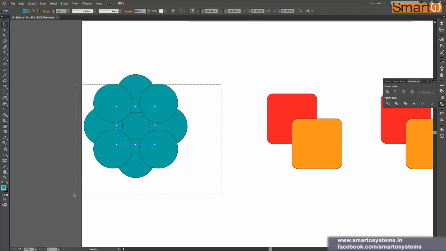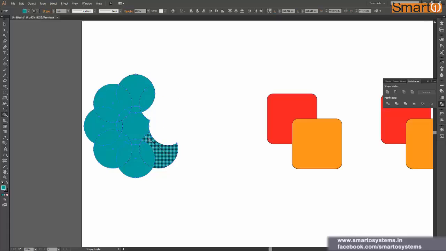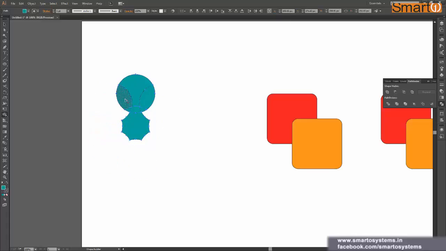But if you try to use the Shape Builder tool here, you have to select each of these circles while keeping Alt pressed, and that is very lengthy work. Although this operation is not very complex, some people may consider it complex.